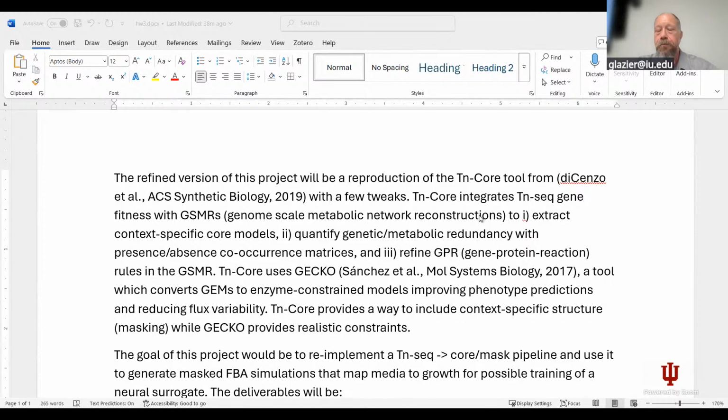Essentially what they did is they used the TN-seq data to build core models of, I forget the organism they used,